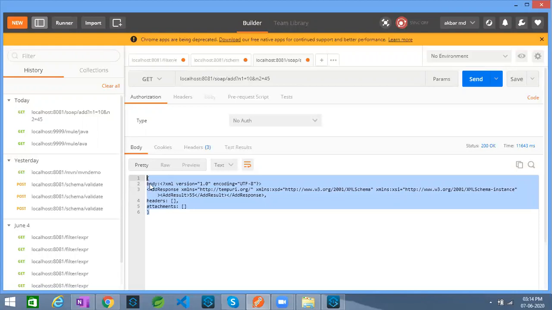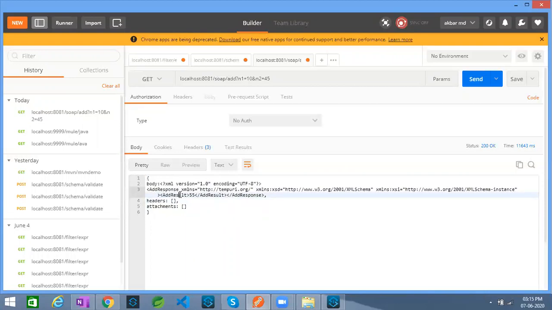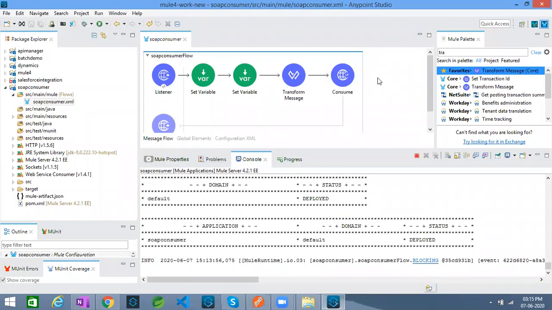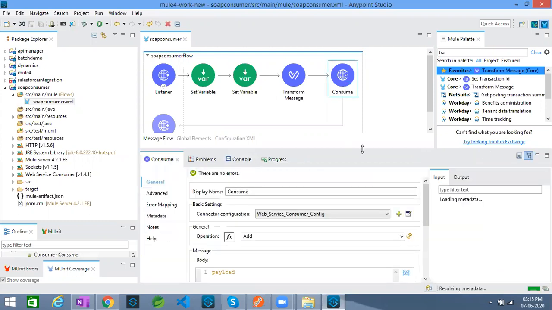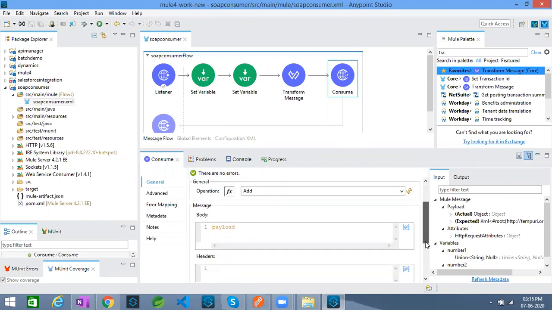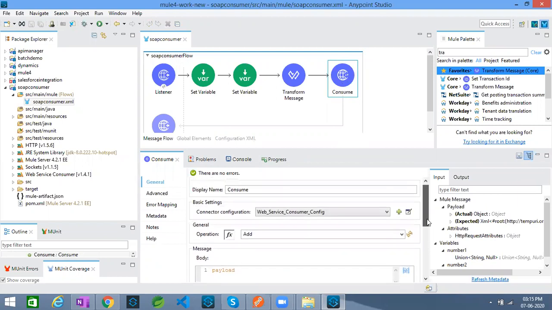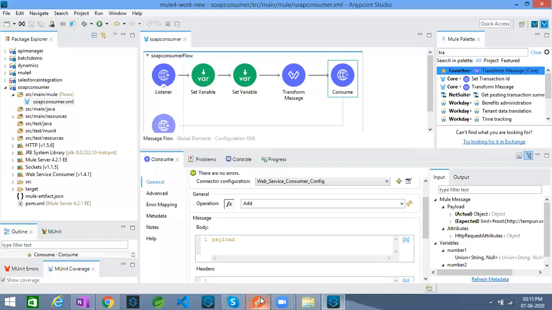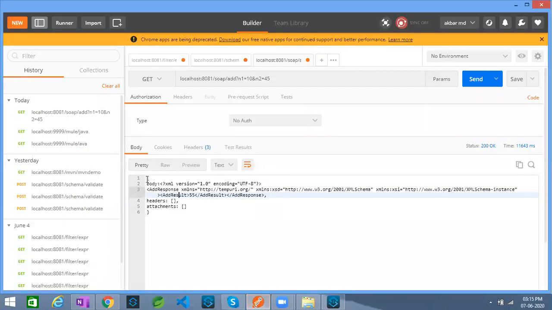So if you want to extract a few fields, like the result section, or you want to apply one more transformation on top of the response, we'll see how to transform. I'm receiving the response, and automatically it is displaying as it is, so that is the reason we are seeing this particular output, the body section and so on.